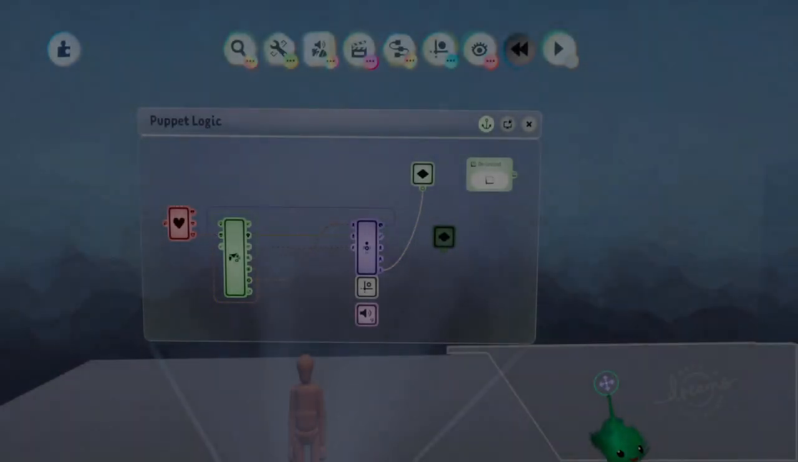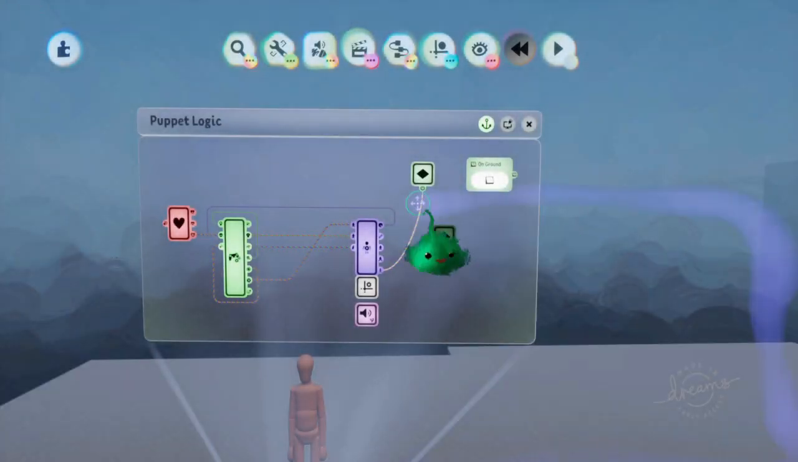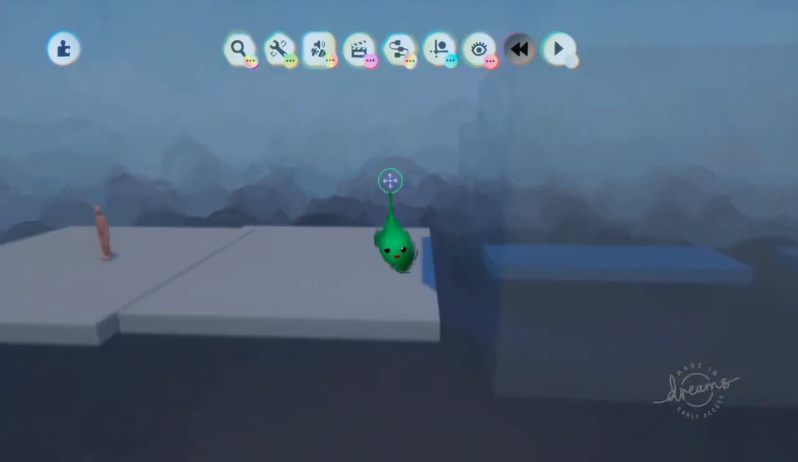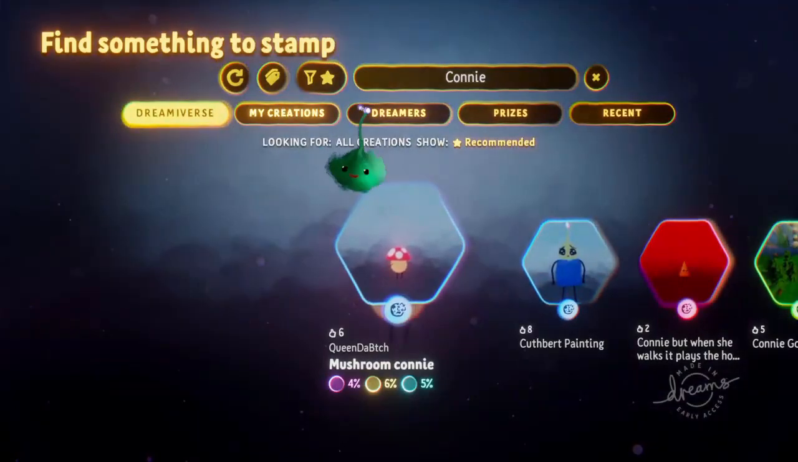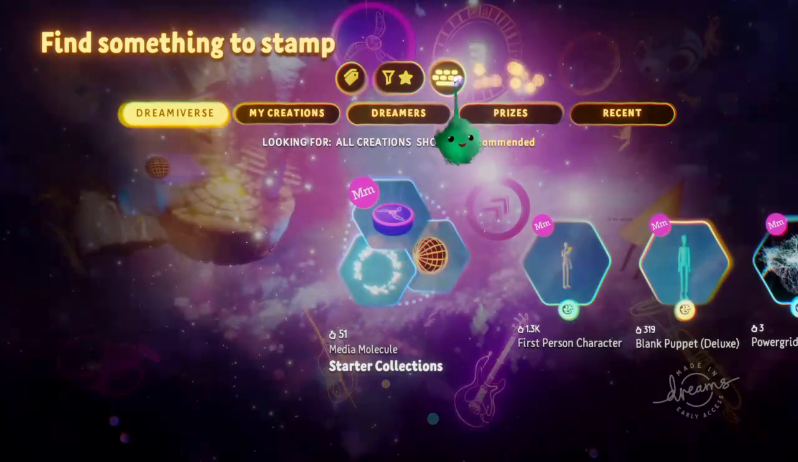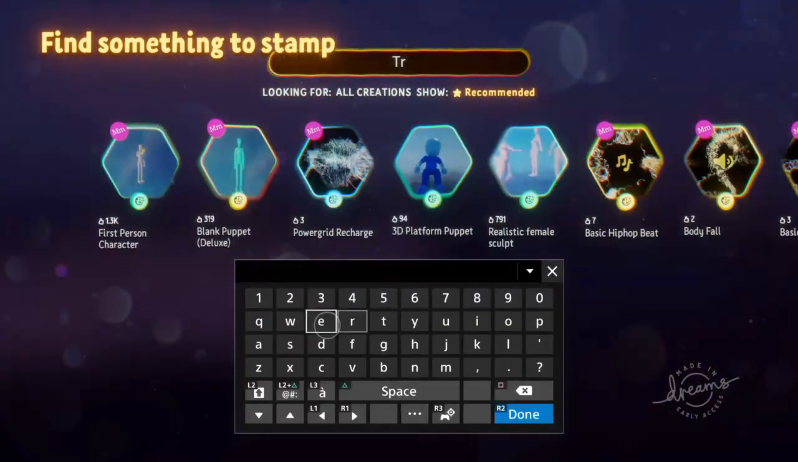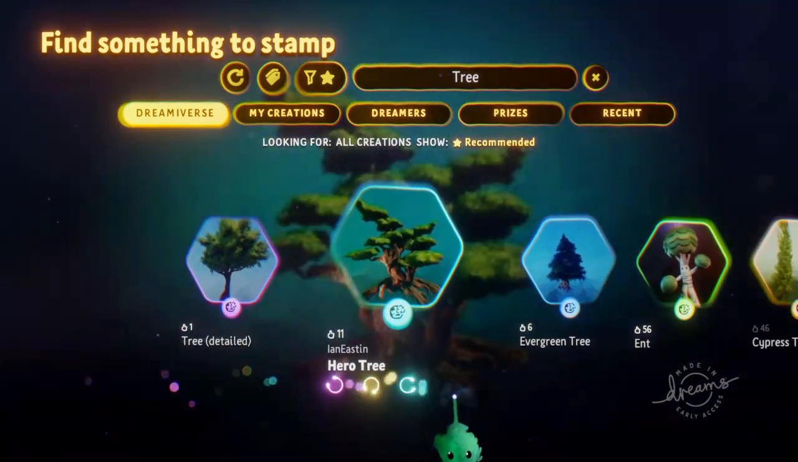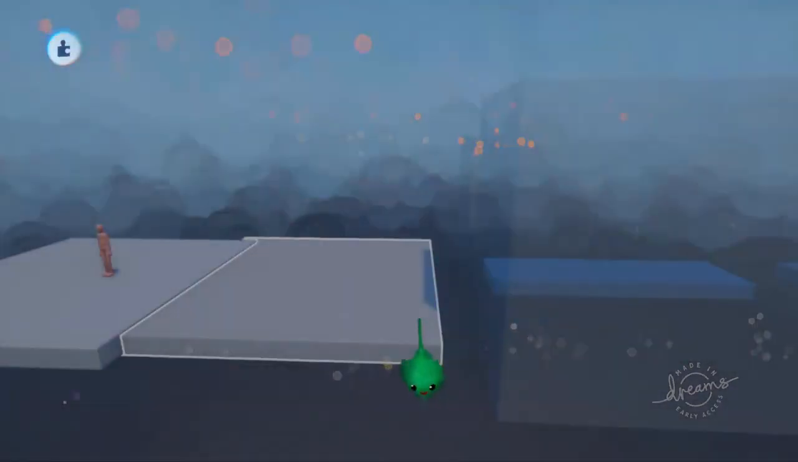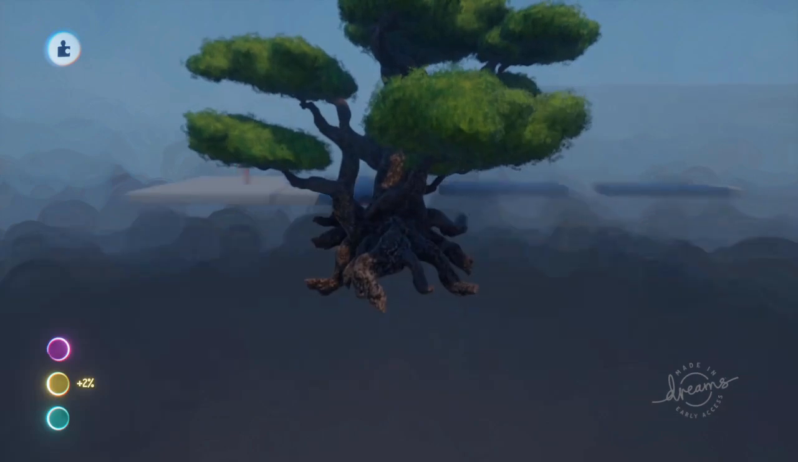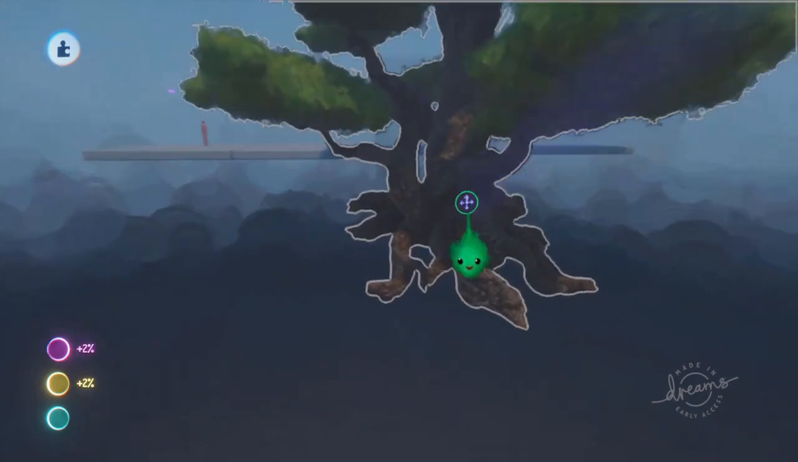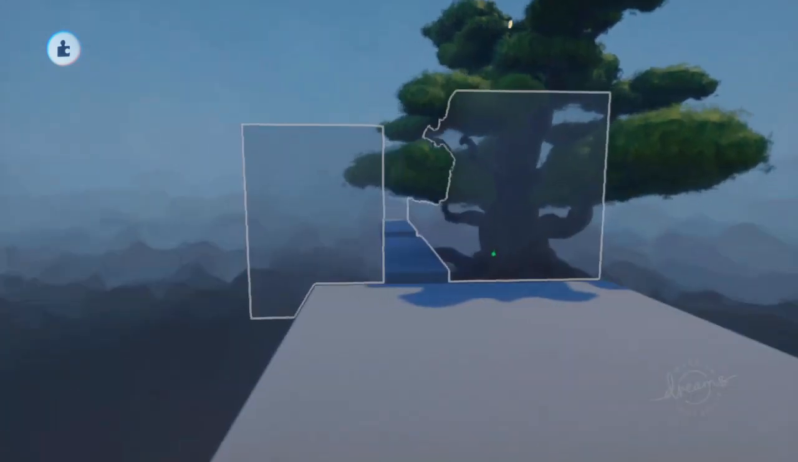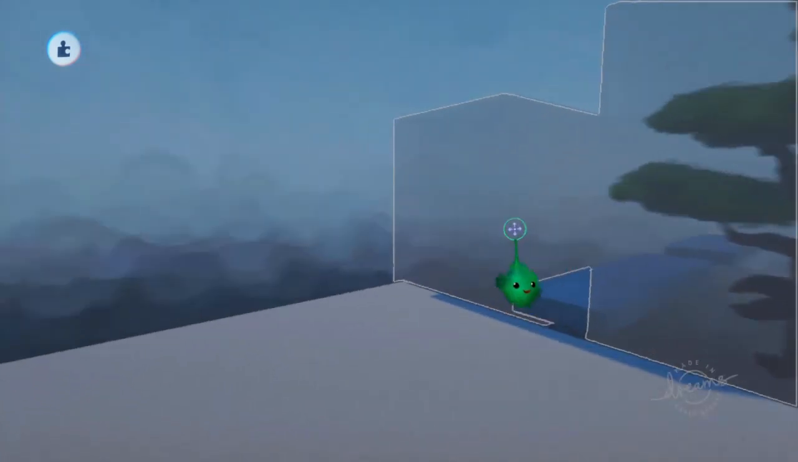So let's add something to this scene. Let's grab a tree. Don't know. High. That'll do. Oh, that's pretty magnificent. Okay, so let's scale that down a bit just to